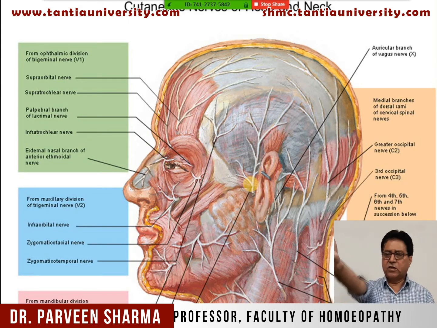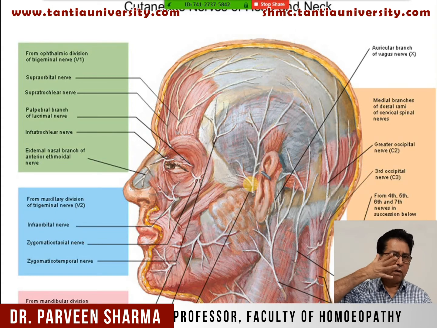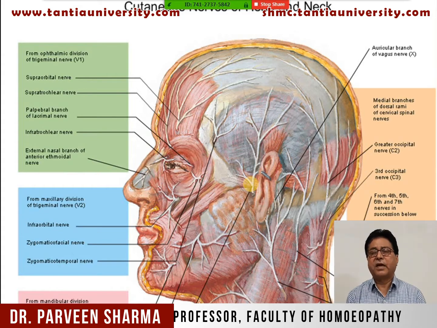To understand the branches of the facial nerve, you have to expand your hand like this. So there are 5 branches: temporal, zygomatic, upper buccal, lower buccal and marginal mandibular. On the temporal region, you keep your thumb, temporal branch. Then you have zygomatic on the zygomatic region. Upper lip you have upper buccal, lower lip the lower buccal, and margin of mandible, marginal mandibular. So these are the 5 branches of the facial nerve which supply the muscles.